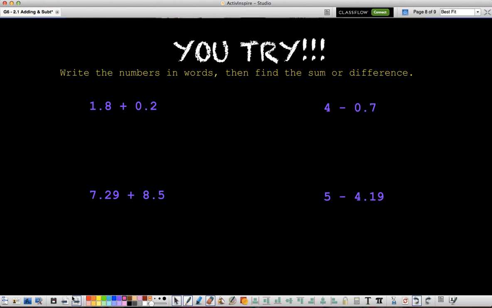All right, so now we're to the you try portion. So now what you need to do is write the numbers in words, and then find the sum or difference. So we read this one before. I know this is the same example that we did together, but that's okay. So this one, you would write it in words. So 1 and 8/10,